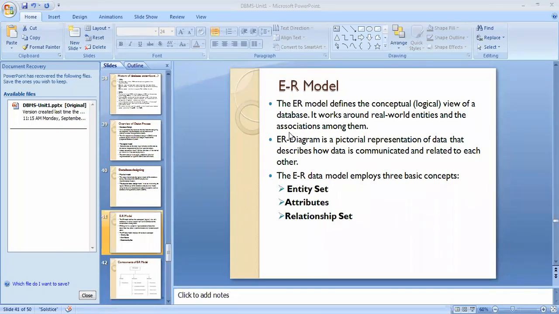It's so simple. Employee as well as the XYZ organization. These are the entities which represent the objects. Entity is nothing but the things, objects. These are the nouns in the English language.